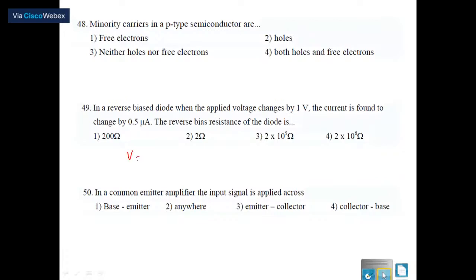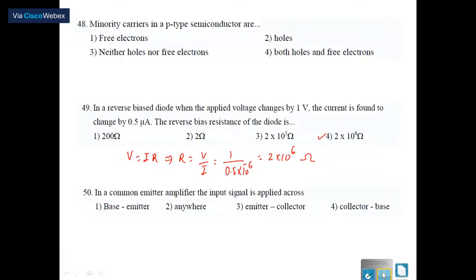V is equal to IR. There's a basic formula. Well, so therefore this implies R is equal to V by I. This is 1 by 0.5 into 10 power minus 6. Well, 1 by 5, that is same as 1 by 2. 1 by 2 is that 2 goes to numerator, 2 into 10 to the power plus 6 ohm. Okay. Well, the next one, in a common emitter, so 2 into 10 power plus 6, that is this one,